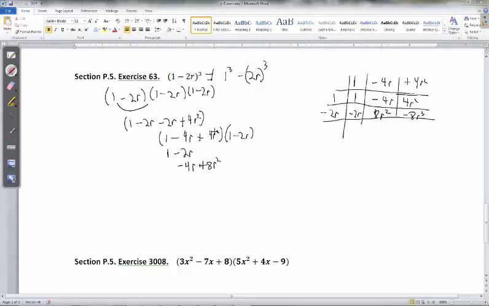Then 4r squared times 1 is 4r squared. 4r squared times minus 2r would be minus 8r cubed. Then adding the like terms together, we'll get 1 minus 6r plus 12r squared minus 8r cubed. And I do believe that's the same thing I would have got from